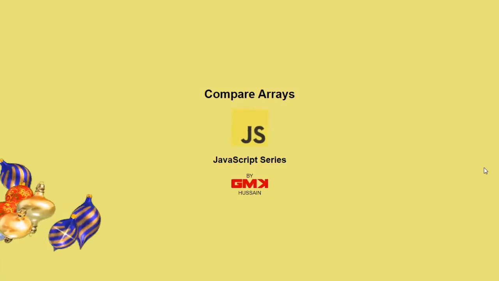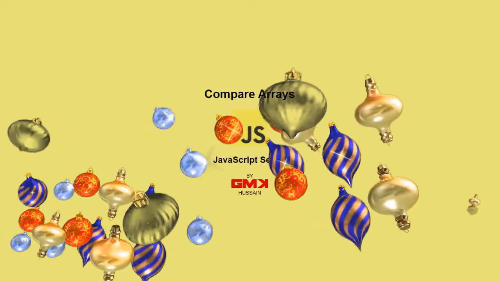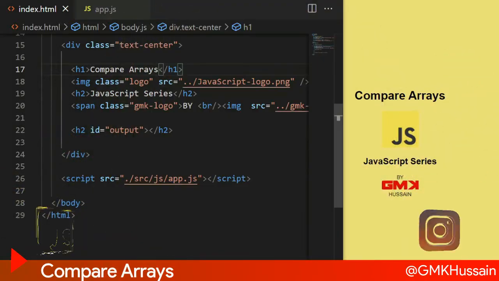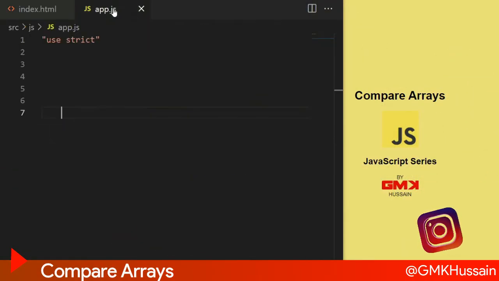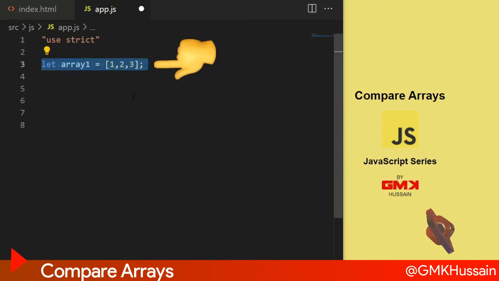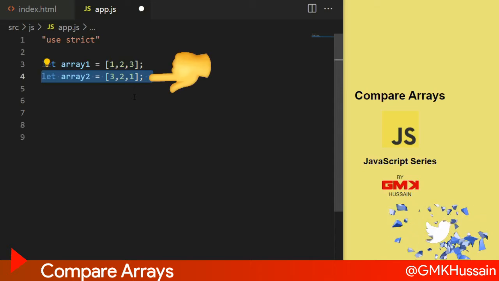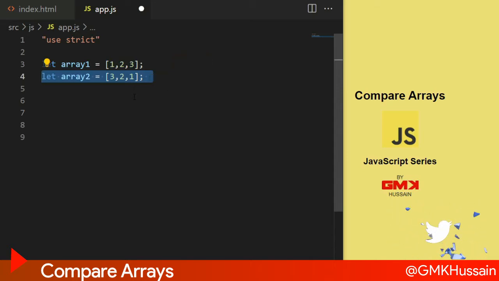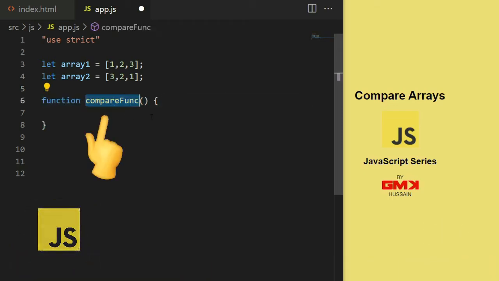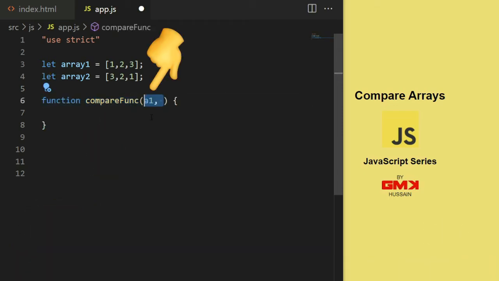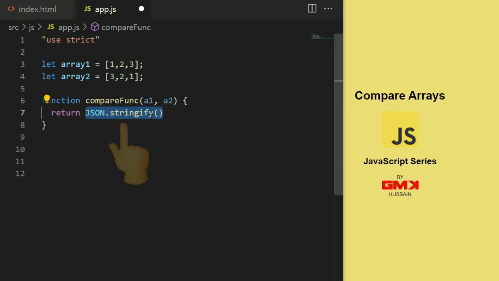Compare arrays JavaScript series. In the markup, output to show the result. In app.js, create two arrays: array 1 is 1, 1, 2, 3 and array 2 is 2, 3, 2, 1. Write a function compare with A1 and A2 parameters to compare two arrays, then return JSON